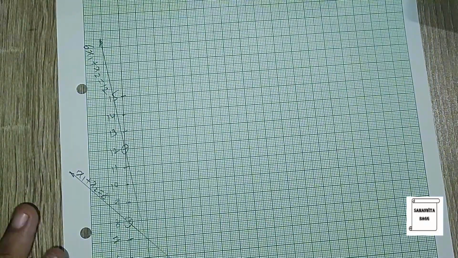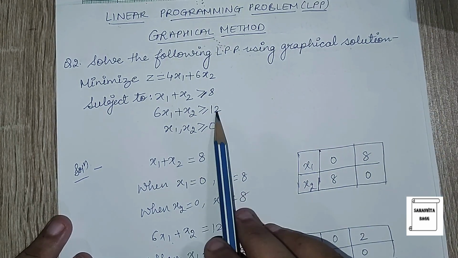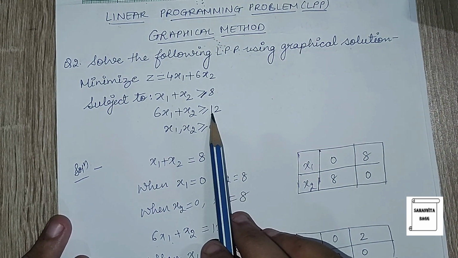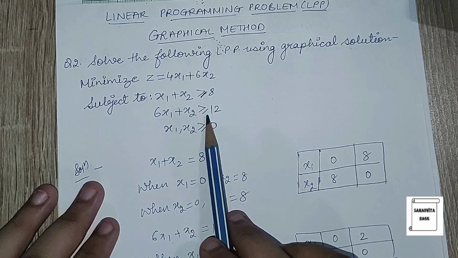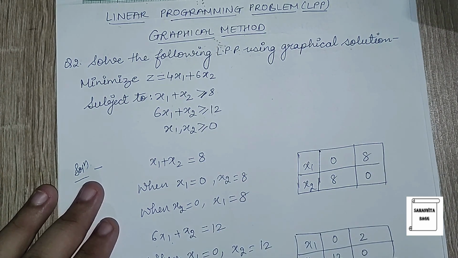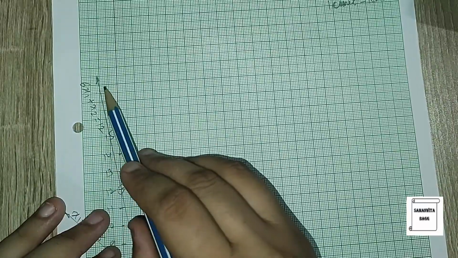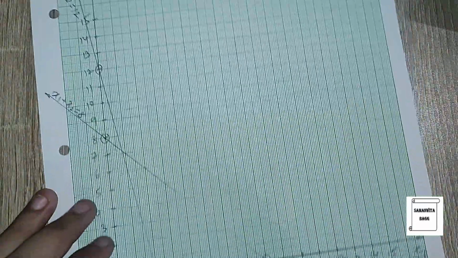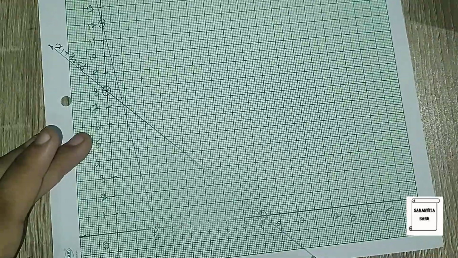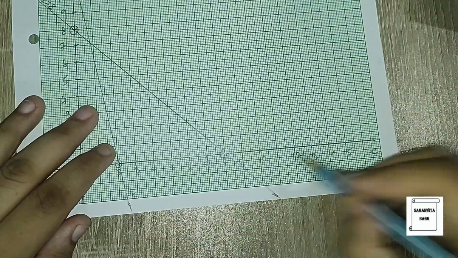Now we have to find the feasible region. For that, we will go to the question and we'll analyze the inequality sign. You can see it is greater than equal to for both the constraints. So I will try to analyze that over here. It should be greater. Greater means now it will be on the other side. So greater than this line and greater than this line. Also, greater means away from this line and greater means away from this line.